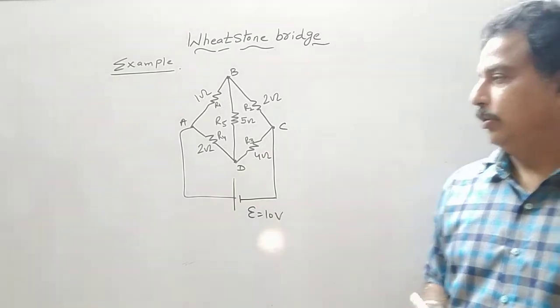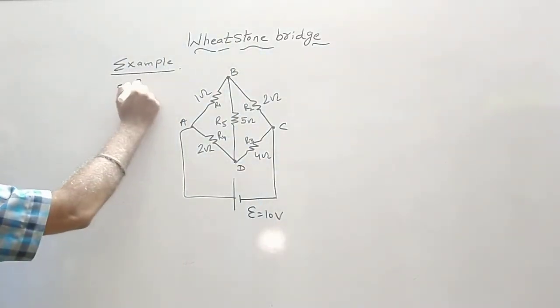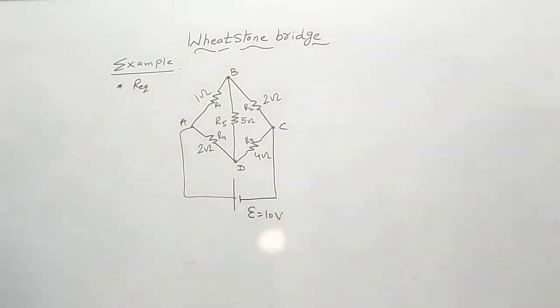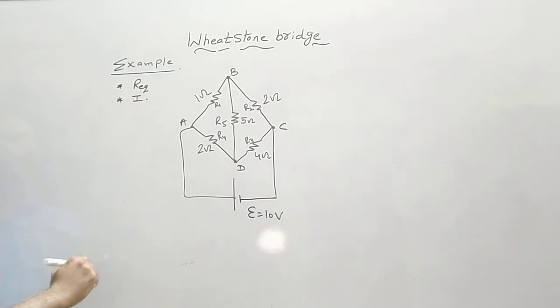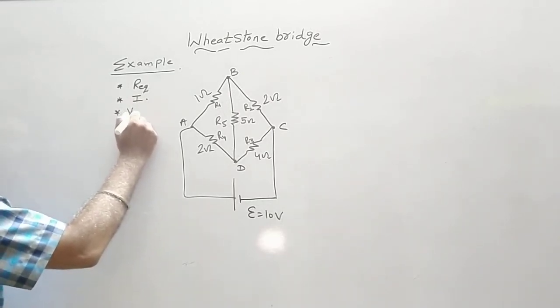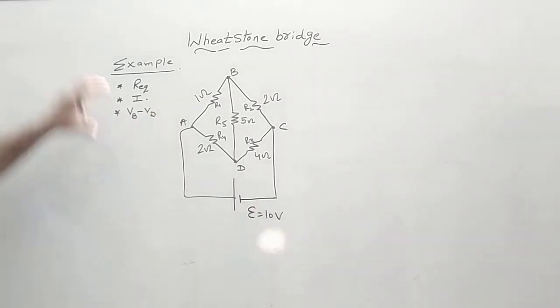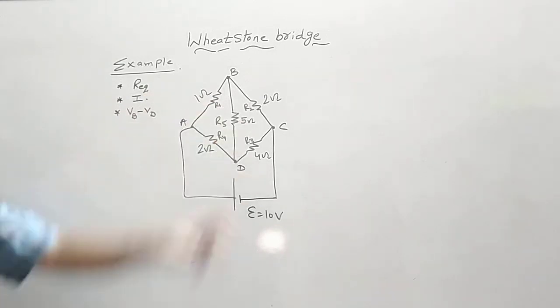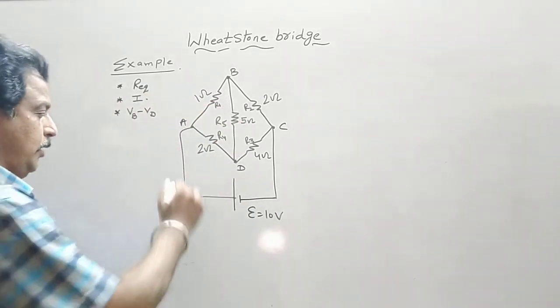We can find out many things from this. Suppose we have to find out the equivalent resistance, the total current in the circuit, and the potential difference between B and D. So these three things you have to find out from this numerical. Now before starting the distribution